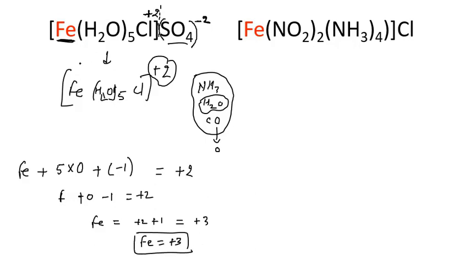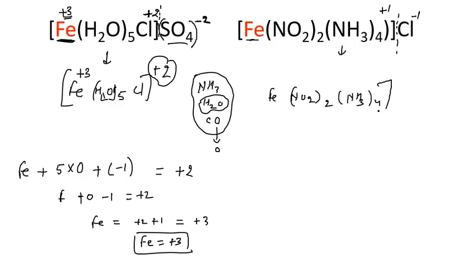We can calculate oxidation numbers. It shows plus 3, and here also we can mention plus 3 oxidation number. Same is the case, we can follow up here. You can see from here, this portion is an ionic portion. It can be divided. If halogen is minus 1, then this portion will be positive. So from here we are getting the cationic portion in which iron is present. Here we have Fe, NO2, and 2 is there. Then we have NH3, and 4 is there, and total charge is plus 1.